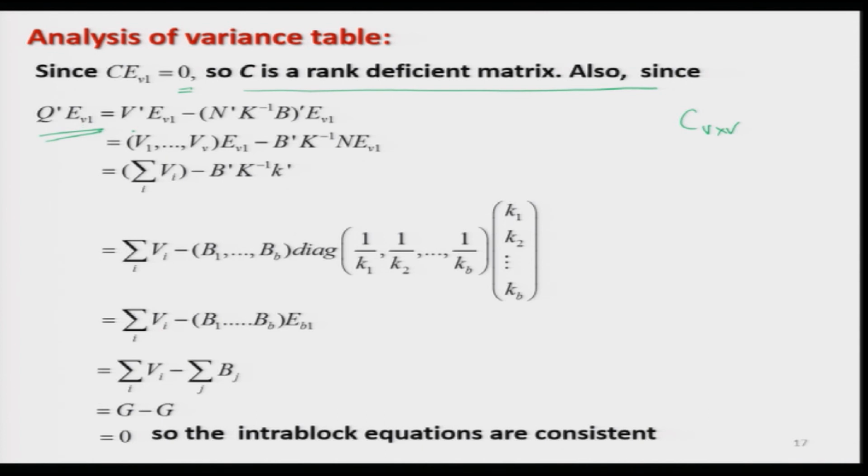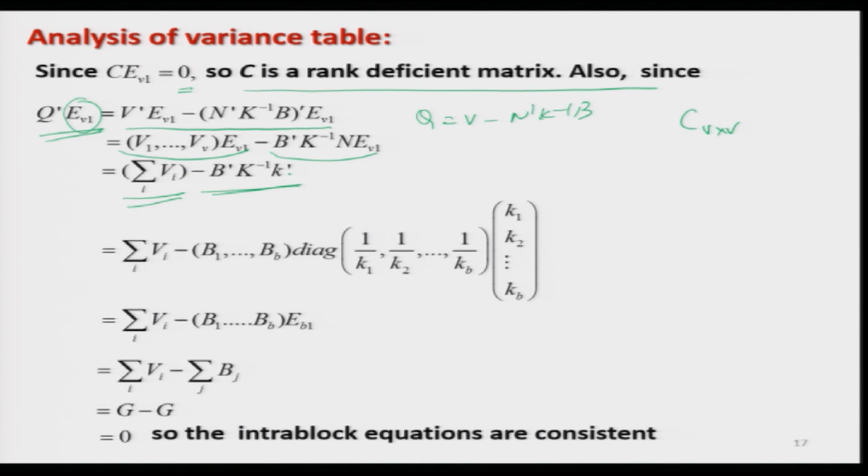If you write Q as V minus N transpose K inverse B, and post multiply by EV1, this will come out to be V transpose EV1 minus N transpose K inverse B whole transpose into EV1, and if you simply solve it, this term will become summation Vi, and this term will become simply B transpose K inverse K